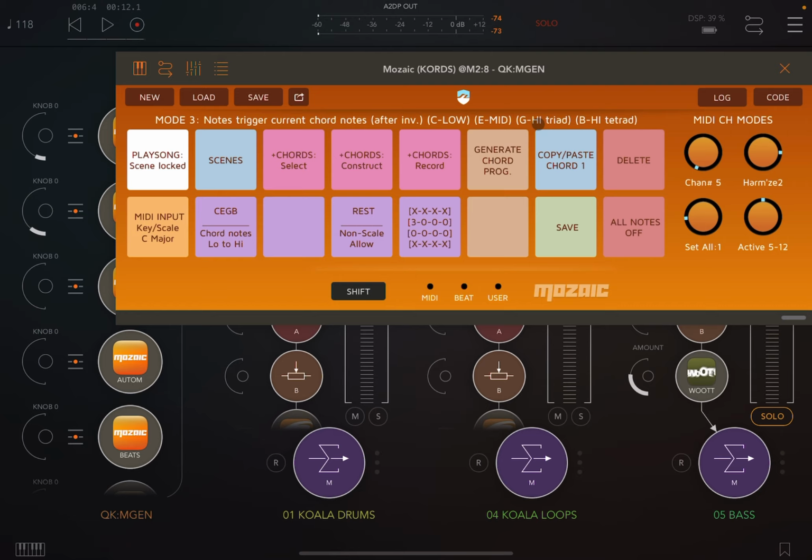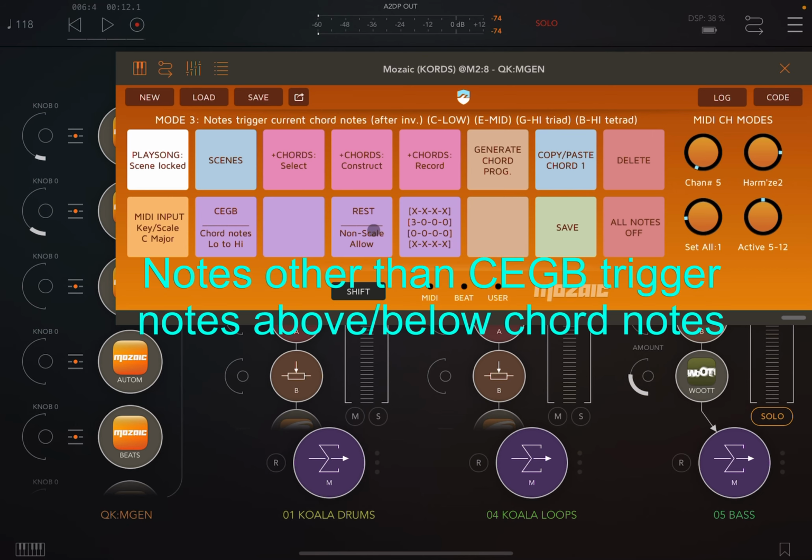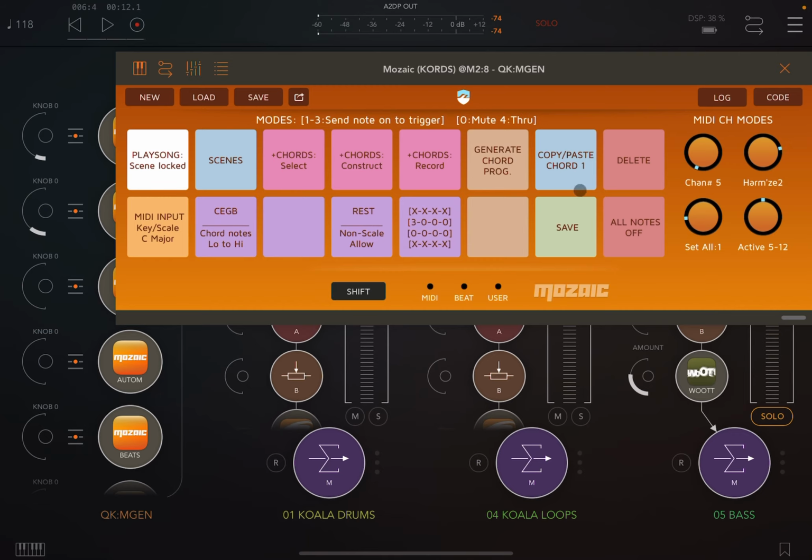So if it's a tetrad, you'll have them ordered in this fashion. C, E, G, and B will be the chord notes ordered from low to high, and we have also allowing scale notes in this mode as well. So now if we come back and play the same chord progression,